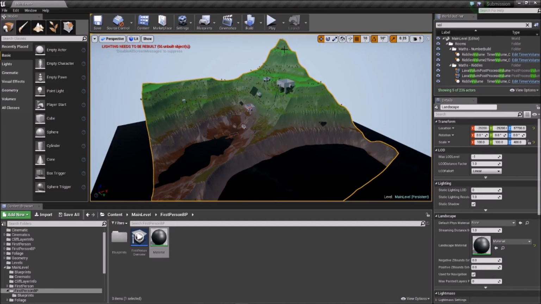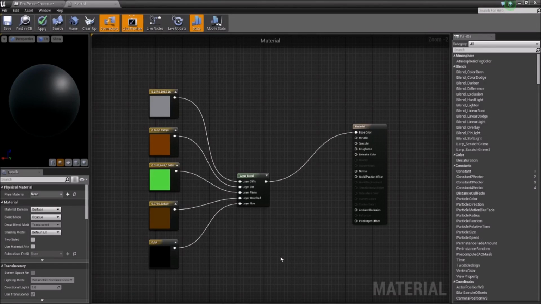You can see that there are different colours for different parts of the level. I'll show you how I manage this. When exporting my terrain from World Machine, I created 5 different channels. This means that Unreal can interpret them as different things. I then created a material and assigned 5 different colours, 1 for each layer. When the terrain is imported, this then applies the colour onto the terrain in the appropriate areas, making a realistic